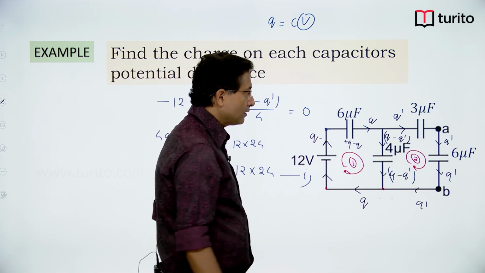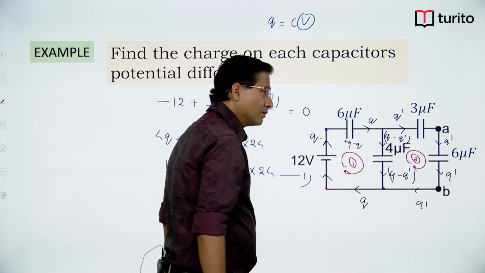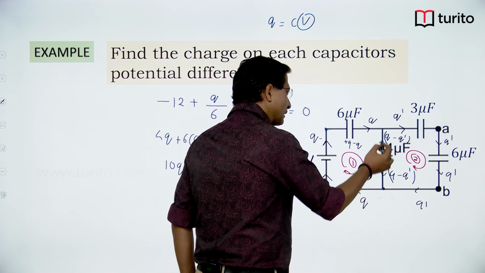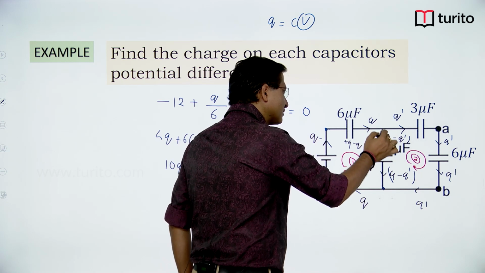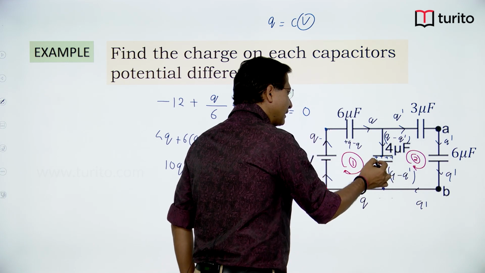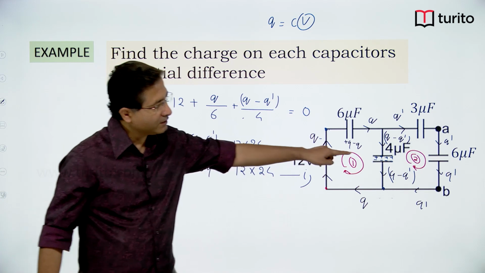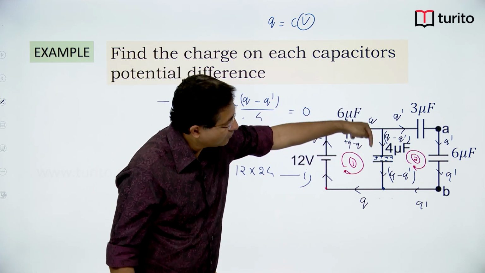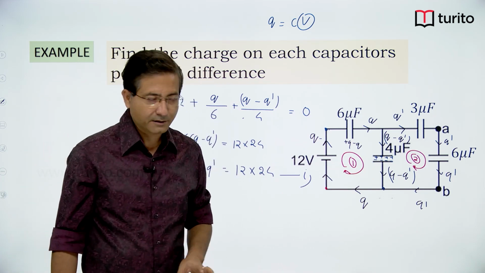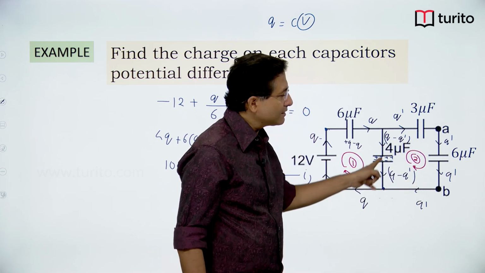Now I am starting from this point and getting back to the same point following the loop. As charge q minus q dash flows this way, this will be the positively charged plate and this will be the negatively charged plate. The upper one is positively charged because charge is going like this, and the lower one will be the negatively charged plate. As you are going in the clockwise direction,